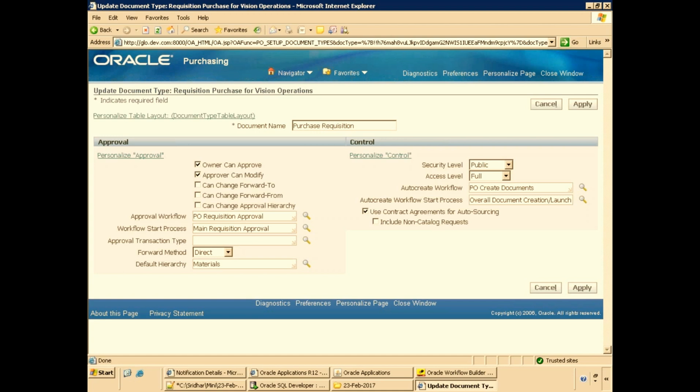It all depends. In our case, our client was having 4 operating units, and in 2 operating units, as per the legislation or maybe their requirement, they want auto approval, and for the other 2 operating units they don't want to have the owner can approve option. So it all depends on the requirement. Okay, got some idea on the standard approval process?